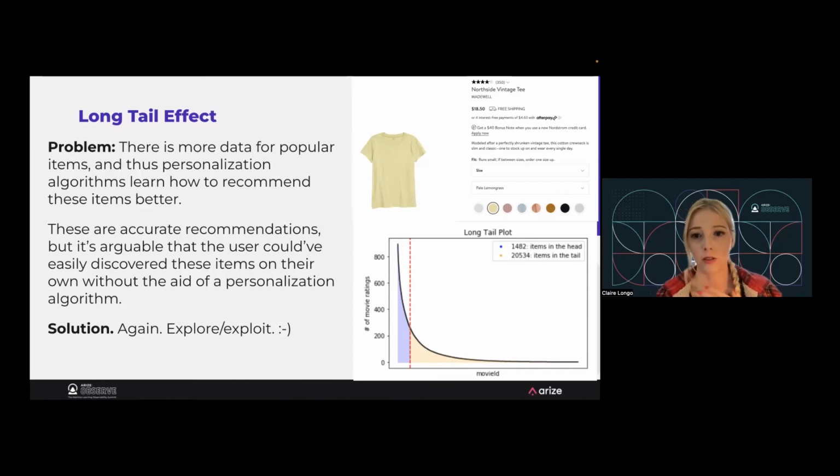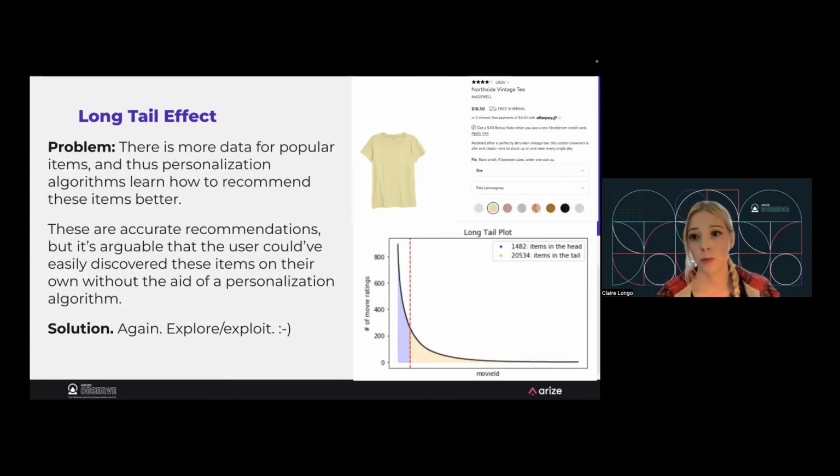Machine learning models need a lot of data to learn effective patterns, and where we have a lot of data is those really popular items. So it's common that these traditional machine learning recommender systems will start defaulting to recommending very popular items because that's where they've learned to recommend optimally.